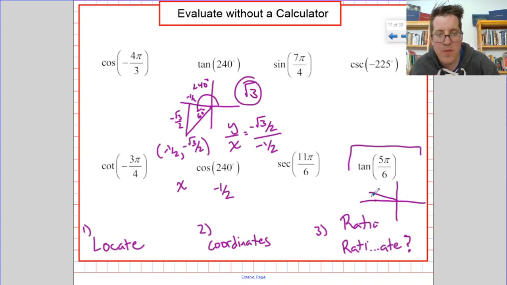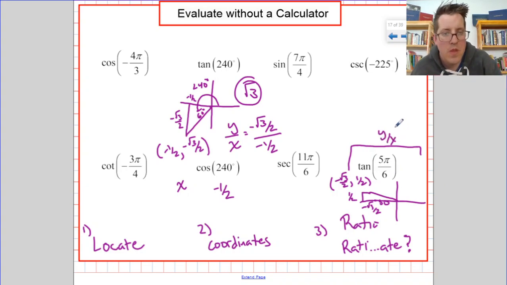So this reference triangle would be in the 30-degree family. That means we've got a y-coordinate of +1/2 and an x-coordinate of -√3 over 2. So our coordinates are -√3 over 2, +1/2. My ratio, y over x, which is 1/2 over -√3 over 2. Now that simplifies down to